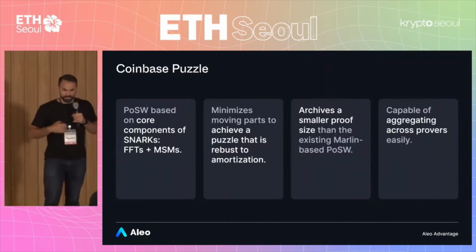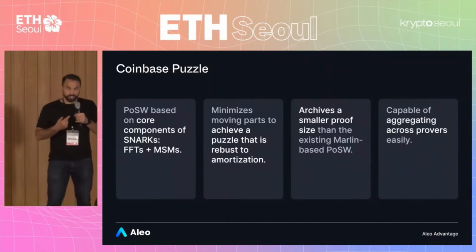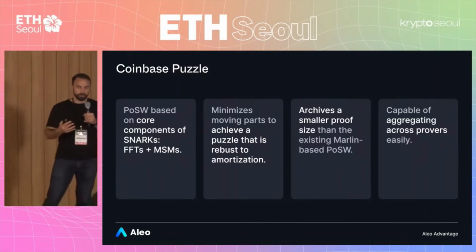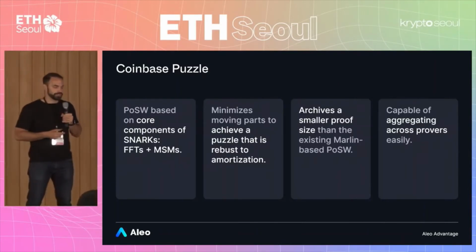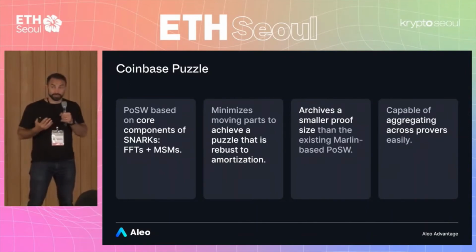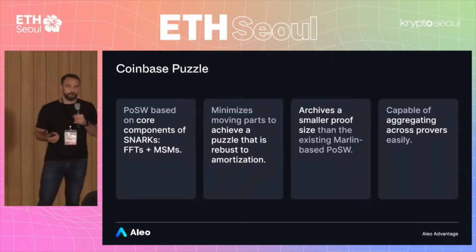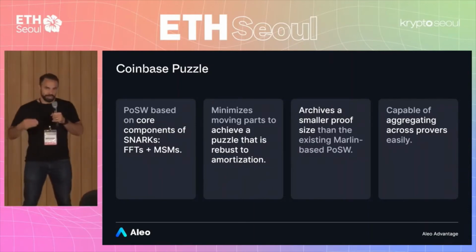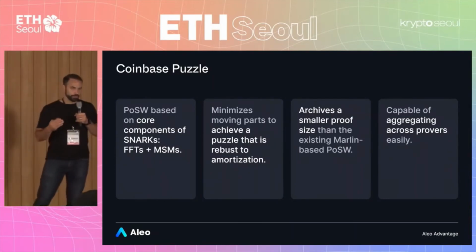So the way this works is that the Coinbase puzzle is effectively generating a proof. It's not actually a full zero-knowledge proof. It's a polynomial commitment, which is part of the proof production process. But anyway, as I said, the point of this is really to make sure that provers in our ecosystem are incentivized. And on our second testnet back in January, the consensus mechanism we ran was a little bit different. It was more of just a strictly proof of work.